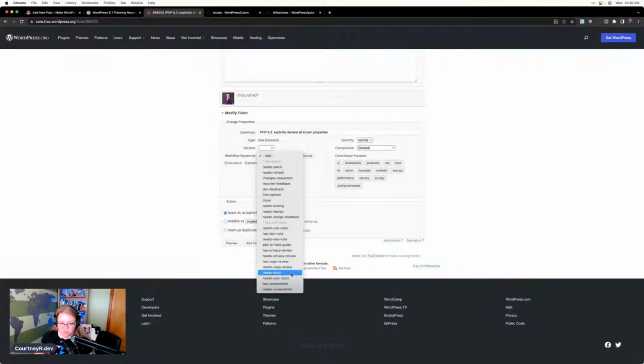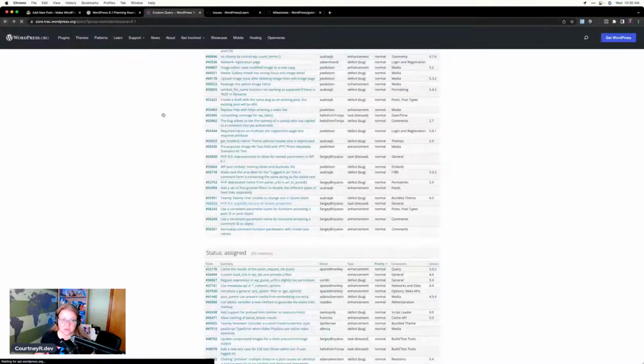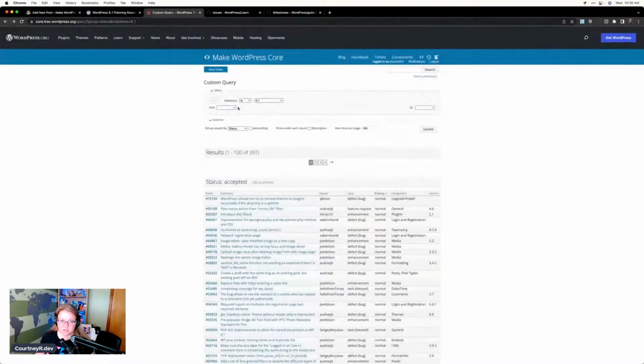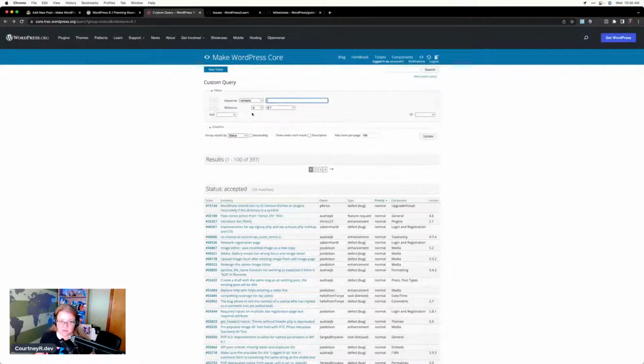So it used to say needs codex. This is going to be needs docs or needs user docs. So needs-docs is my filter on the keyword that I'm after. So I don't want to assign those right now, but I want to set the filter. Filter is keywords needs docs